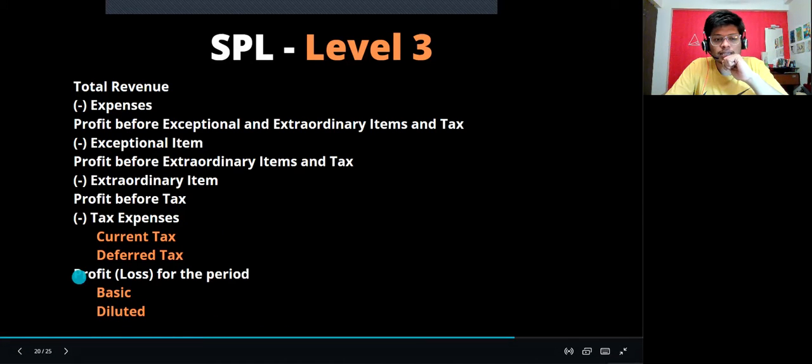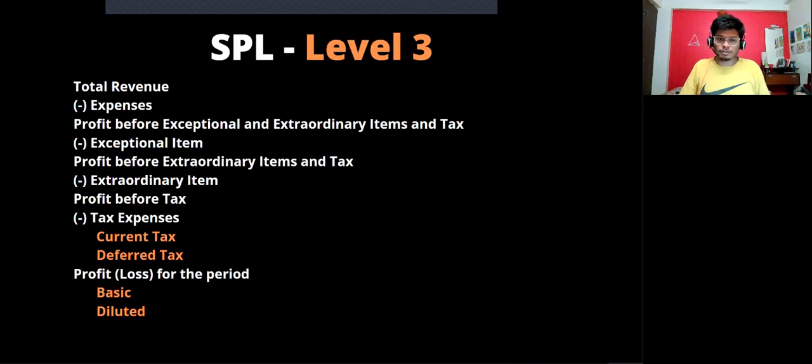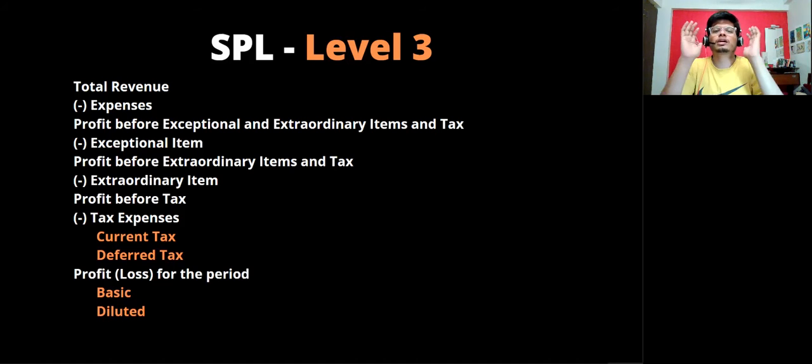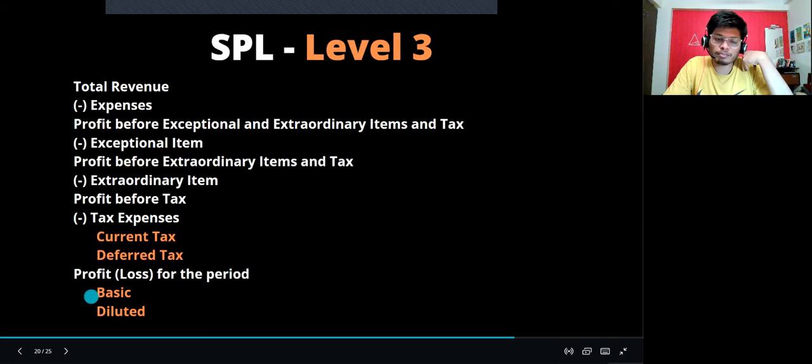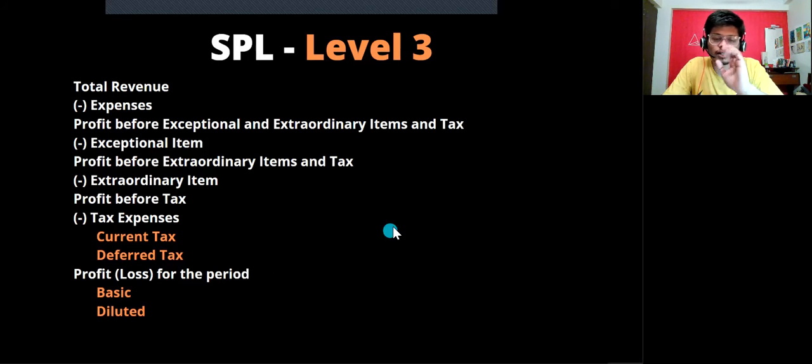Now EPS is basically profit or loss for the period divided by the number of shares. So the company is earning, let's say, 10 lakhs profit, and I have 500 shareholders. The shareholder wants to know that, okay, if your company has earned 10 lakh rupees, how much have I earned from that share? For one share, how much do I earn? So for that, we have basic and diluted EPS. Don't worry about what basic EPS and diluted EPS are. That's not required right now.